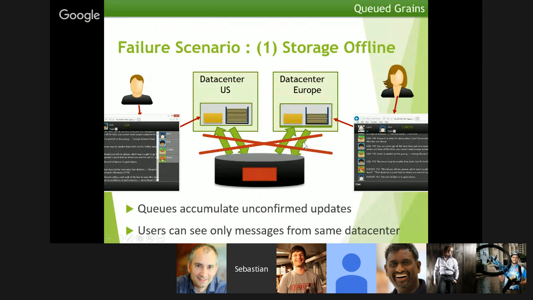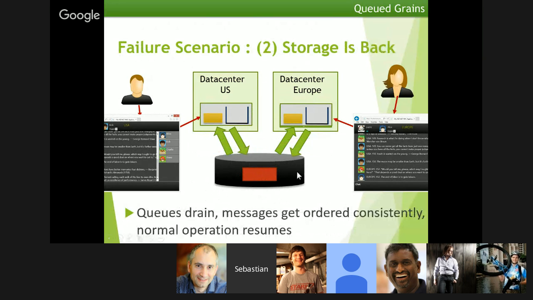So what happens in this case is when you append messages, now your queues start to grow because the updates cannot get confirmed against the storage. But they're still getting stored locally. So when the users read and write these local objects, they still see all the messages that are committed in the same data center. They just won't see messages by other data centers because those messages are stuck in the queue. But the cool part is that once the storage comes back, the queues get drained, and that's like a